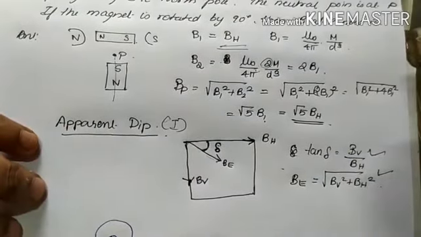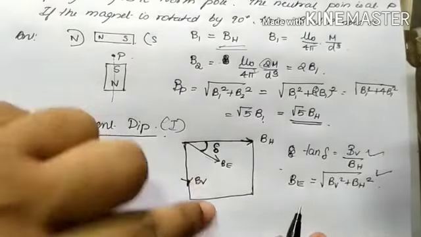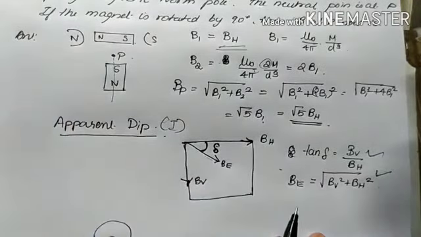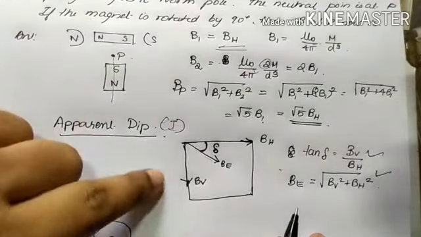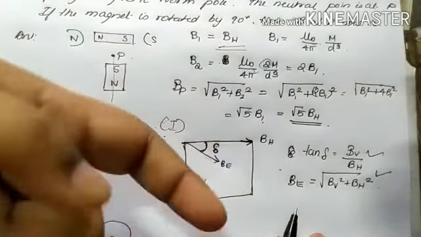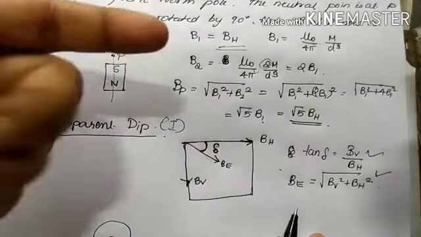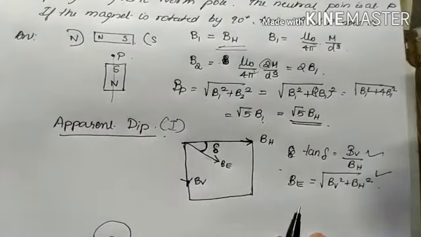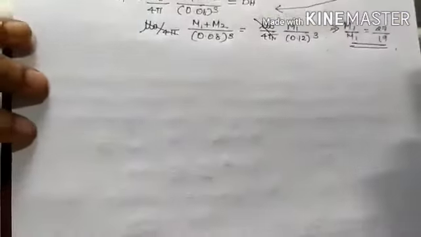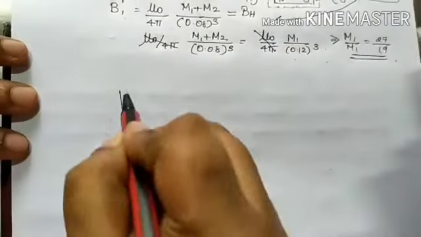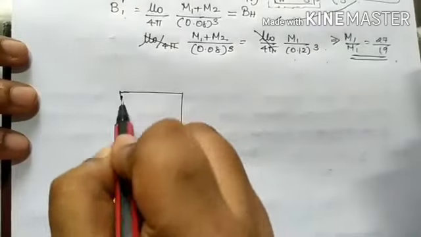Now what happens if in place of the magnetic meridian the dip needle is lying in something other than the magnetic meridian, that is, it is lying in any other plane, and that plane is not the magnetic meridian, right? It is just like there is a book which is supposed to have the correct answer, but in place of reading the correct book, I read a wrong book. This much. So this is our what?